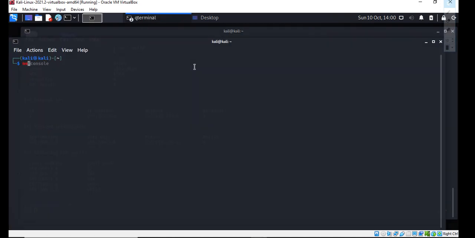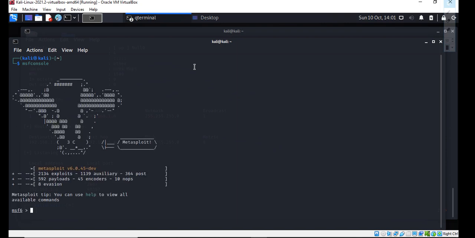So he opens the Metasploit console by typing the command msfconsole. To get the credentials for this router, he'll be using a certain payload to launch the attack.